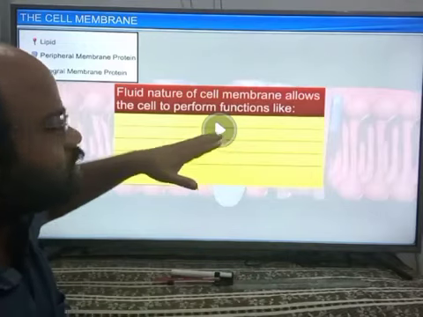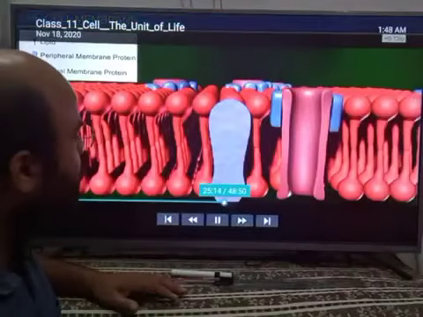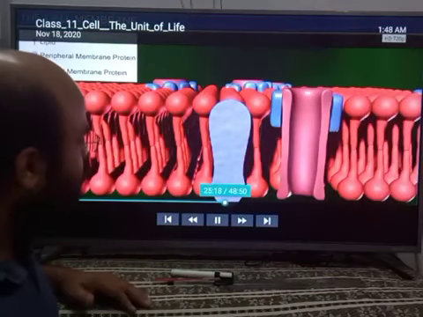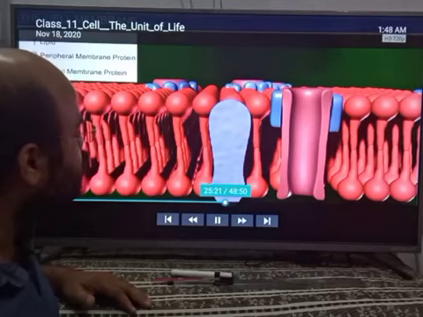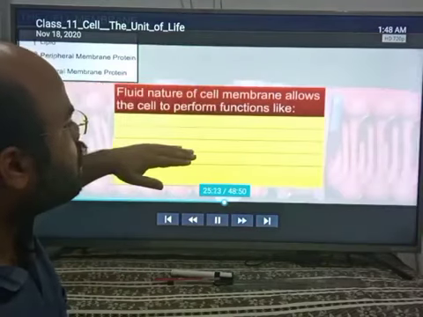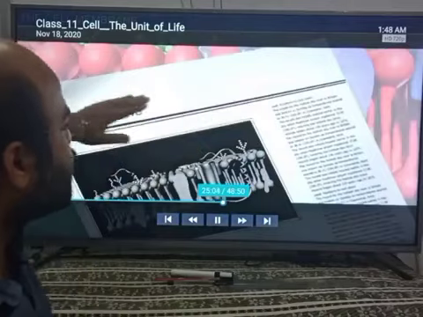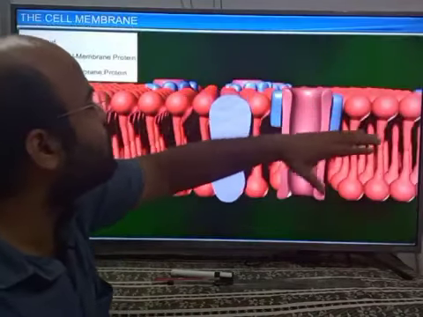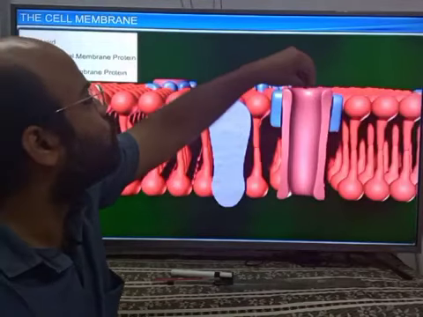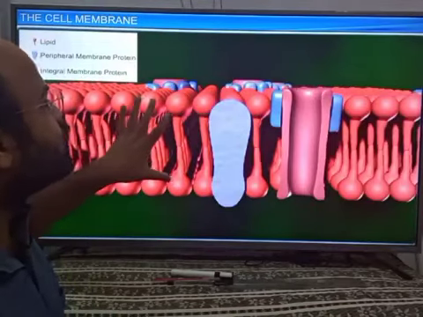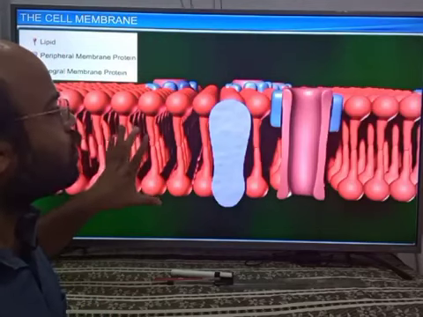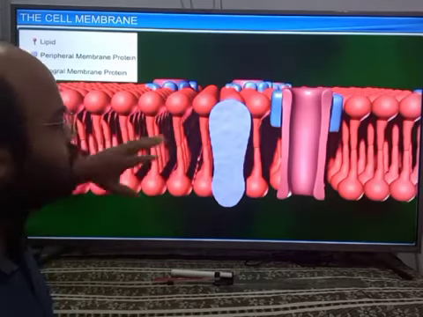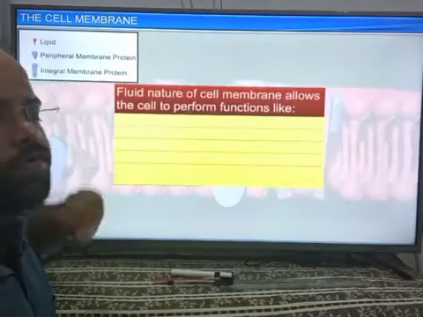The same way, in the cell membrane, the phospholipid bilayer, there are phospholipid bilayers. Proteins are found in patches among them. So they have designed this as a fluid mosaic model. Why fluid? Because this is fluidic in nature. This is not completely rigid. Therefore they have named it the fluid mosaic model.